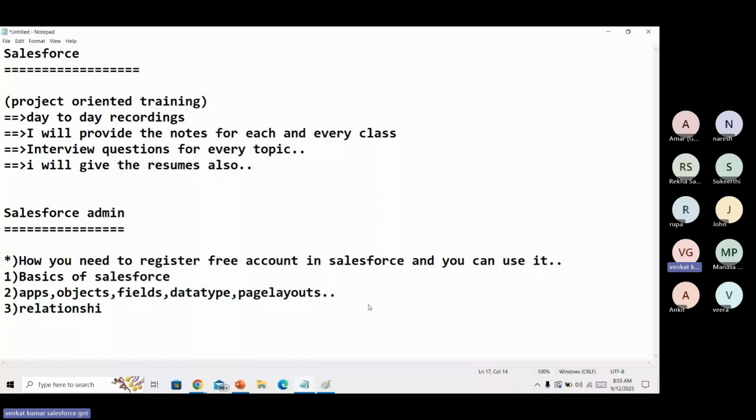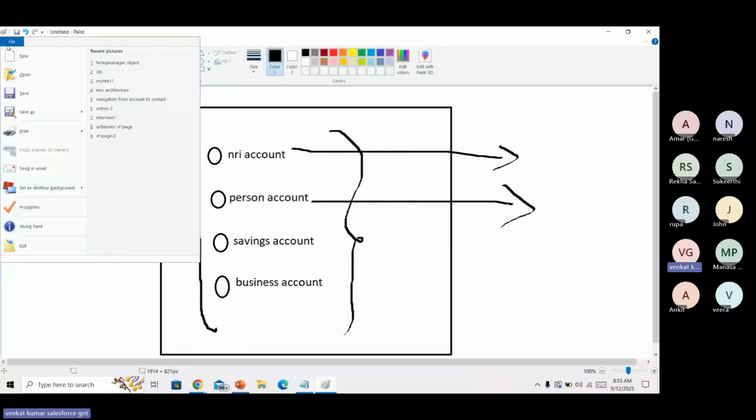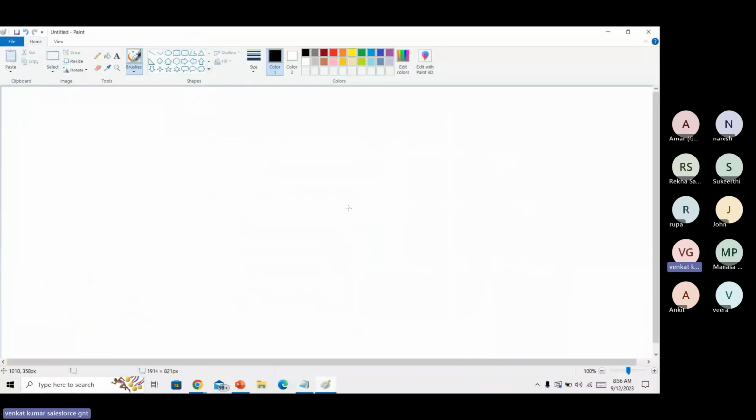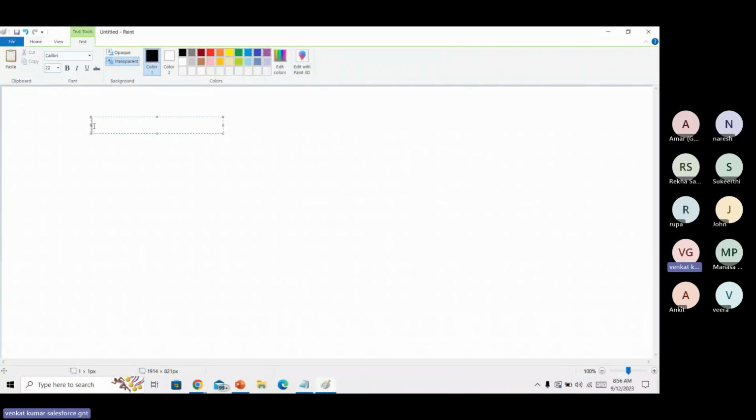I'm not dealing with only one application. According to my experience, I have dealt with multiple projects and multiple examples.